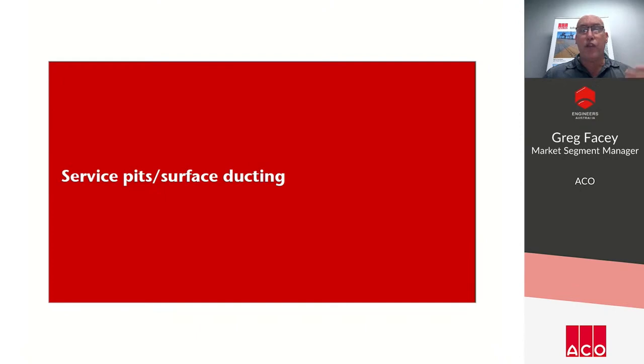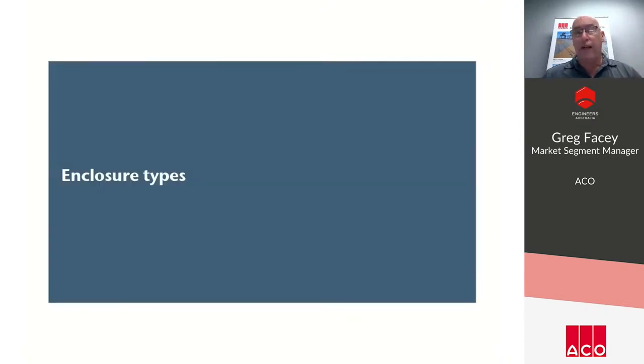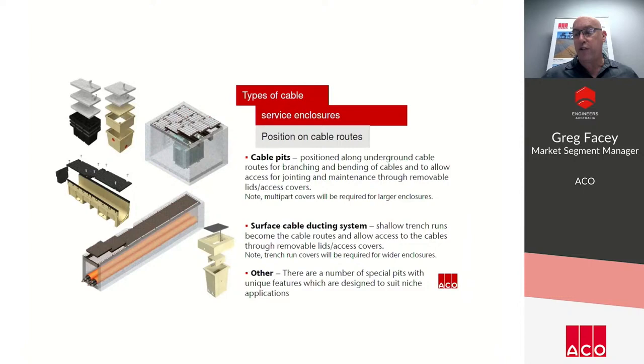So let's consider surface pits and surface ducting. Let's start by looking at the different enclosure types that are available on the market today. Cable pits are positioned on cable routes to provide either branching or bending points and to allow access for jointing and maintenance. Common cables routed through cable pits include data, communication, fibre optic cables. Traditionally, these are low voltage electrical wiring, where higher voltage cables typically go overhead or a lot deeper or extremely